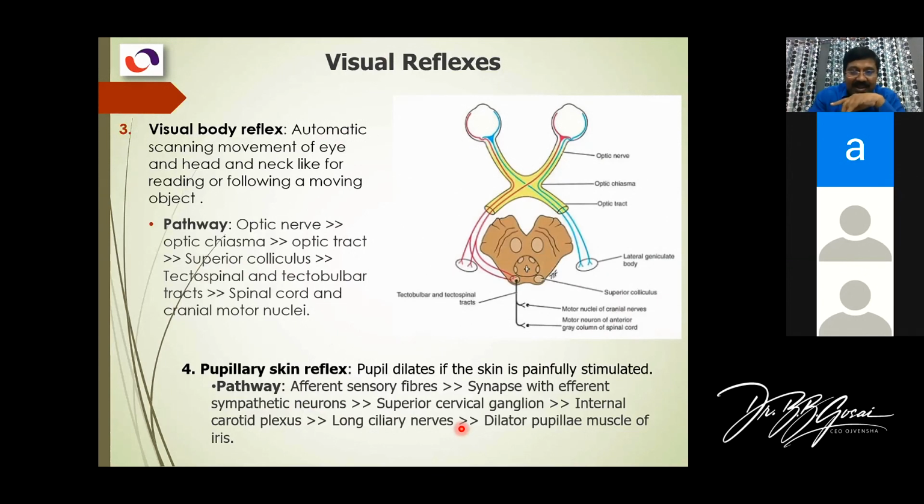Now, Doctor? Yes. Before you go, the spinotectal pathway, which goes from the spinal cord to the tectum. The spinotectal pathway is a returning pathway from the spinal cord to the tectum of the midbrain, because it's a feedback between them. And the tectospinal tract goes from the tectum of the midbrain to the spinal cord. And there is a returning pathway, the spinotectal pathway.